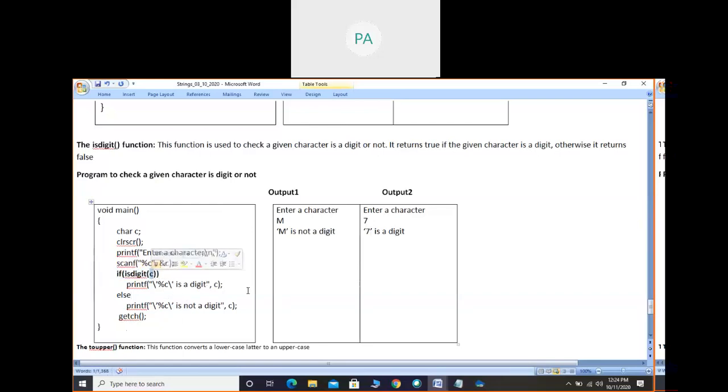See, directly you can write here in place of c. If you write directly, like say 7, then it also works, but it will not allow the user to enter the value if you use it directly in the program. So if you want to allow the user to enter the value on the screen, then you have to use a variable. So in two ways we can use these functions: either directly the letter, character, symbol or digit in the function itself, or put a variable here. When we execute the program, the value will be stored in that variable. Okay, so this is isdigit.